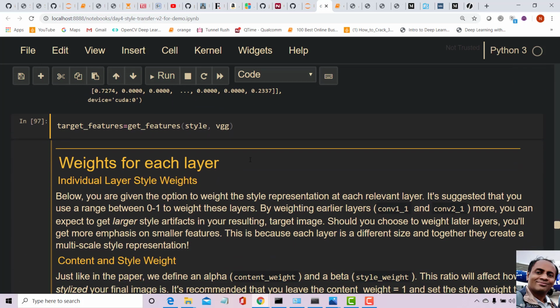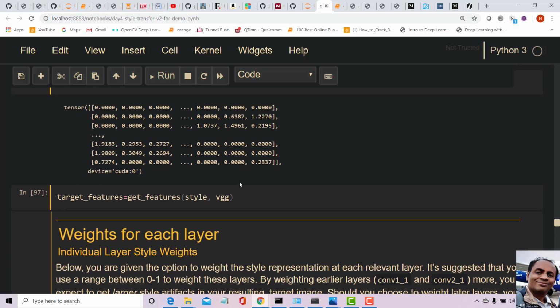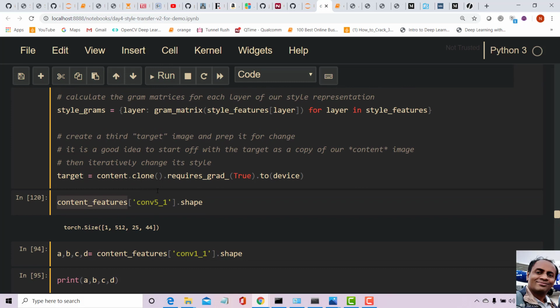Let's directly come to see the target features also. So actually target has been assigned to content. I made a copy of the content and assigned it to target. So content is the image, the subject image that we are dealing with. Note that it has been assigned to another variable target, so the dimension of target will be the same as the content.